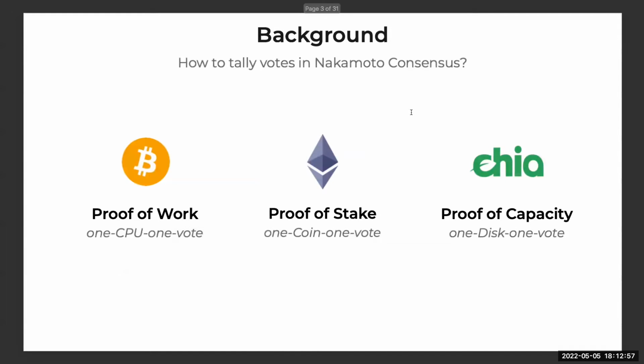All right, so the background here, kind of the starting point is Nakamoto consensus. This new idea of how do we come to consensus? How do we come to agreement on some set of data? Specifically here, of course, it's in the context of a blockchain, and this original idea of proof of work, which